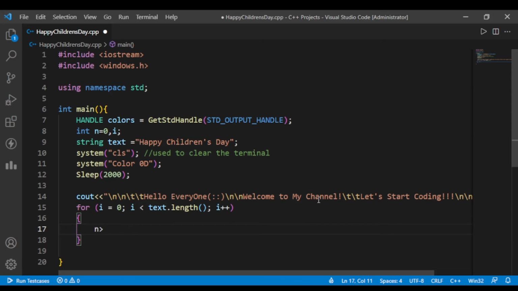Here we are using if n greater than 9, then n equals 0, otherwise n plus plus. This is called the ternary condition. This question mark and colon are the ternary operators. You can write it with if else also. Both are correct. And if n equals 0,